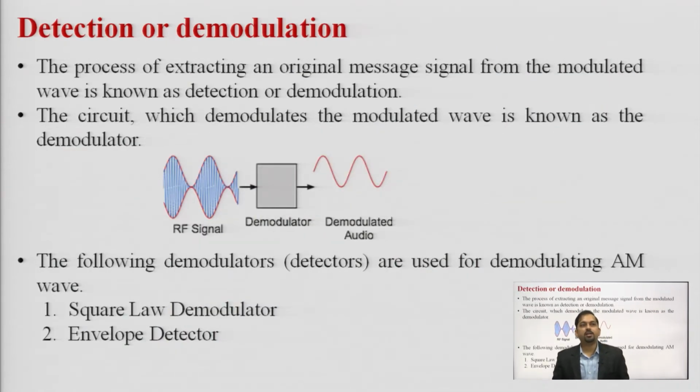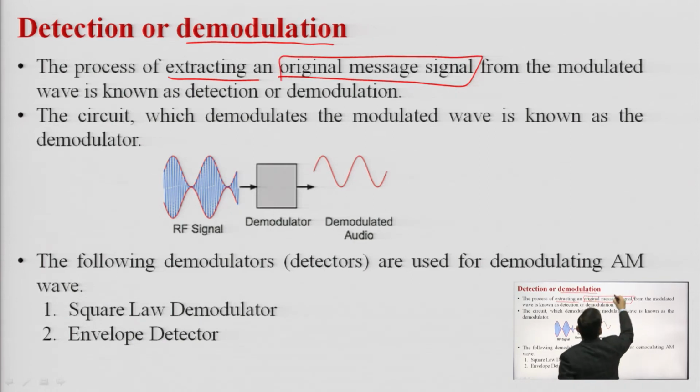Now we have the detection or demodulation. The detection process, or demodulation process, is that we are recovering the signal back. What kind of signal? Our message signal back from the modulated signal. As per the definition of demodulation or detection, it is the process of extracting an original message signal